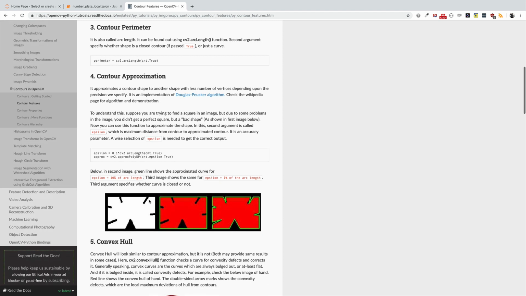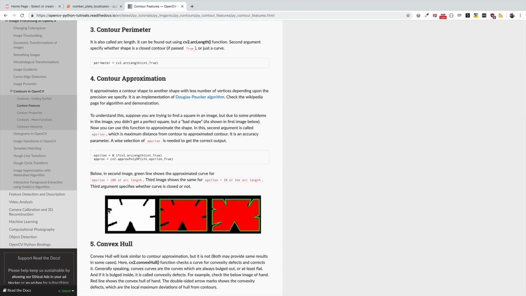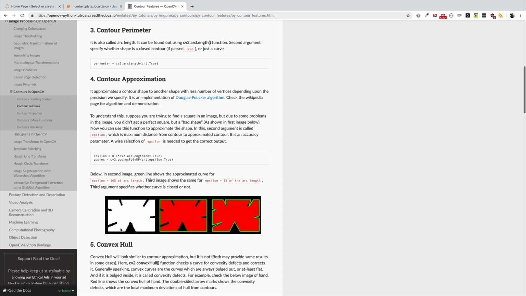So the example they have given is, if you have this figure right here, depending on the value of epsilon that you give it. So it says the second argument is called epsilon, which is the maximum distance from contour to approximated contour. So if a human being looked at this, you will see that even though this is not a perfect rectangle, it is okay for you to be able to draw a bounding rectangle around it. Okay, and that is what this function does. It approximates the number of sides so that you can draw a bounding rectangle around your region